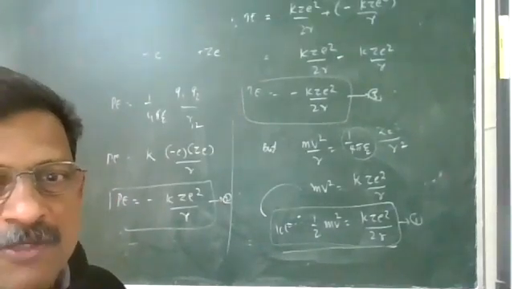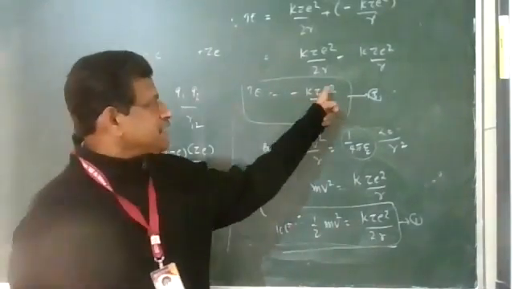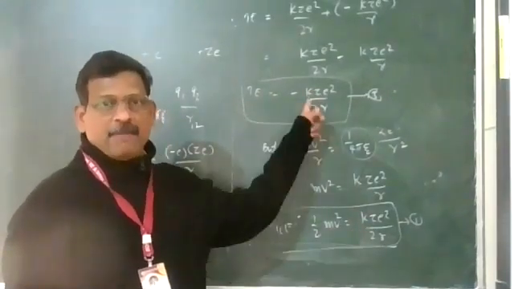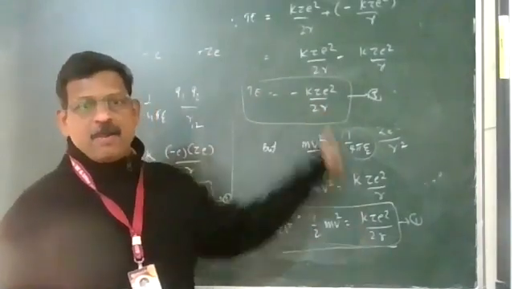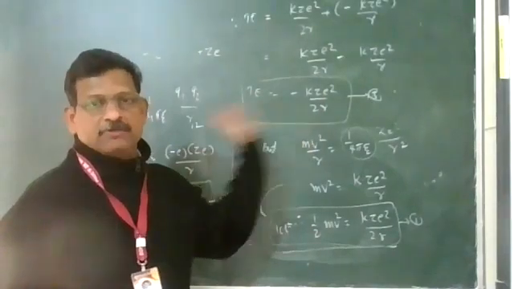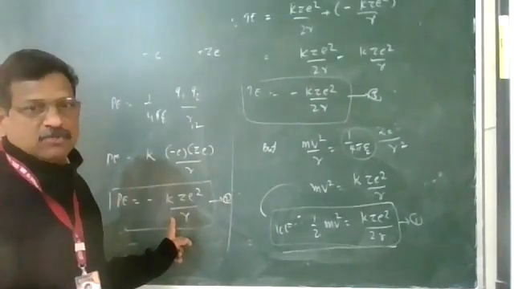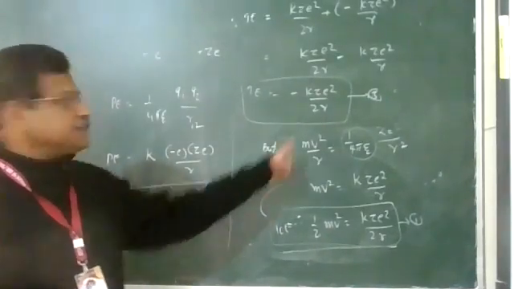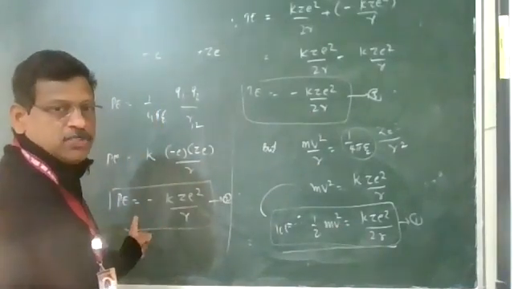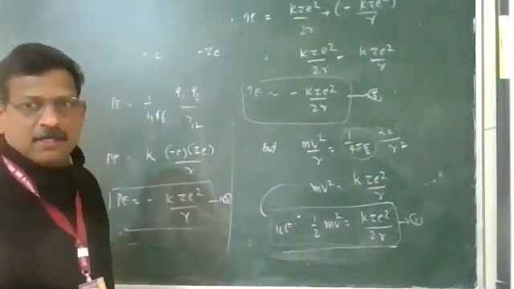And just see a comparative study of their values. Total energy is minus k Z square divided by 2r, and look at the kinetic energy, k Z square by 2r. The magnitude is the same. Kinetic energy magnitude is the same as total energy magnitude, but total energy has a negative sign. Now look at the potential energy. What difference do you see in this equation? Here in the denominator there is 2r, in this there is no 2. So the magnitude of potential energy is 2 times that of kinetic energy, but with a negative sign.